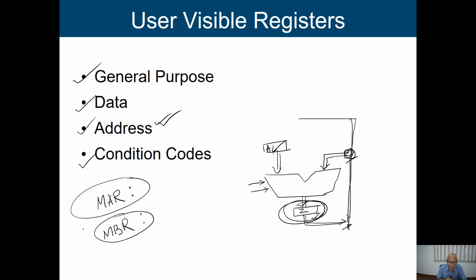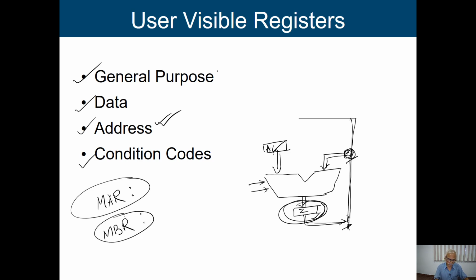Similarly, in the case of the MBR, when we fetch some information from memory, we first bring it to the MBR, and from there we put it in the appropriate register. So the MBR may be treated as a data register, but for some instructions we have to fetch data which will be treated as an address also. So that issue will come into the picture. But in general, we can say that the MAR can be treated as the address register and the MBR as the data register. So this is the way we can always see it.